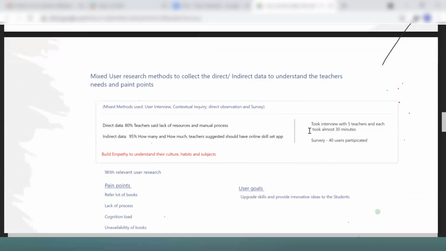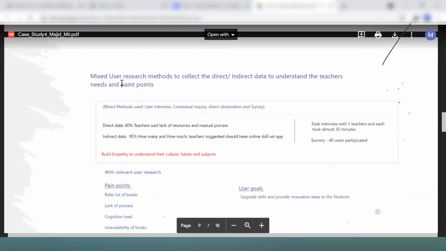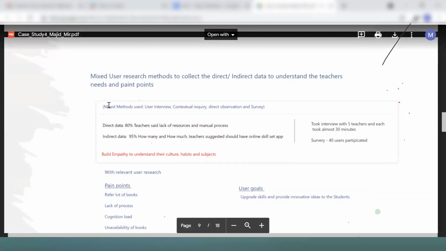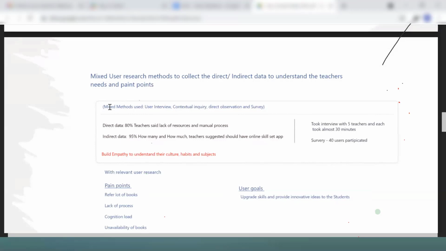I'm just concluding in a very short way because we have very little time. So when I said the user research, these are basically when you analyze the data, you come up with the strategy, you understand the users. Then the second job would be, you will find out which user research methods are easy for that. In this context, we can use the qualitative and quantitative. When I say the qualitative and quantitative, those are basically the direct and indirect data.